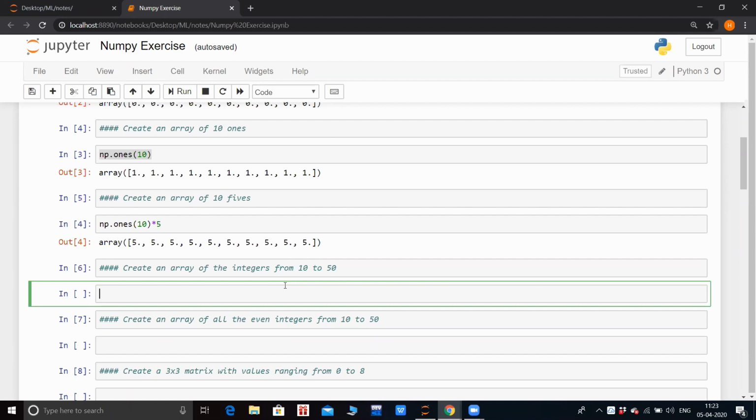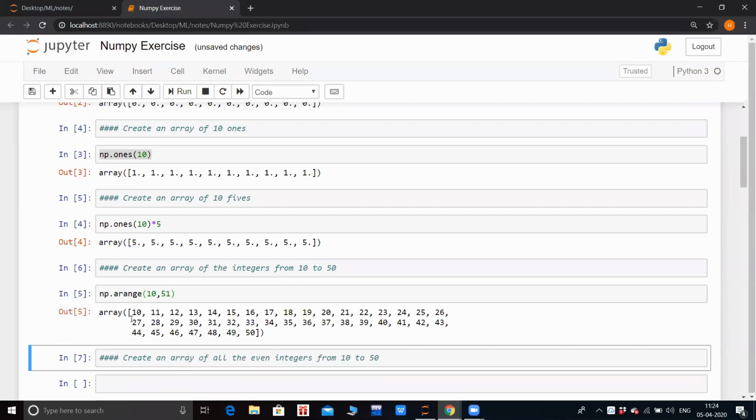Okay, it's 11:23 and this is very simple, so I will just show it to you. I'll call NumPy arange. Now I want from 10 to 50. The first argument says the starting point, so I'll give my starting point as 10, and the second argument works as the range. So in order to get 50, I will need to pass 51. I'll press Shift Enter. You can see a NumPy array with values from 10 to 50, as expected, is generated.